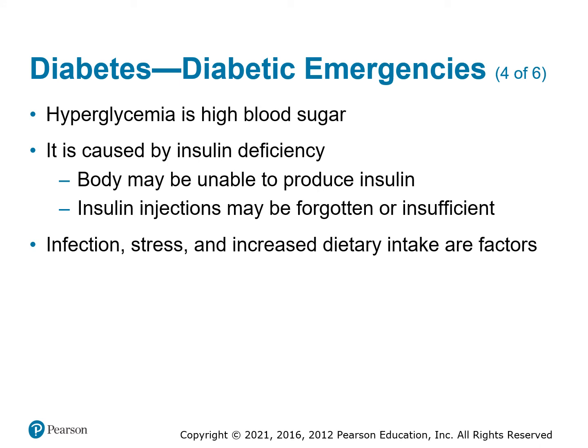Hyperglycemia is high blood sugar. It is caused by not enough insulin or inability to use the insulin. Maybe they did not give themselves insulin the last 2 days. They've eaten a lot of extra food. Maybe they have been on a really strict exercise regimen and they hurt themselves, so they took the regular insulin